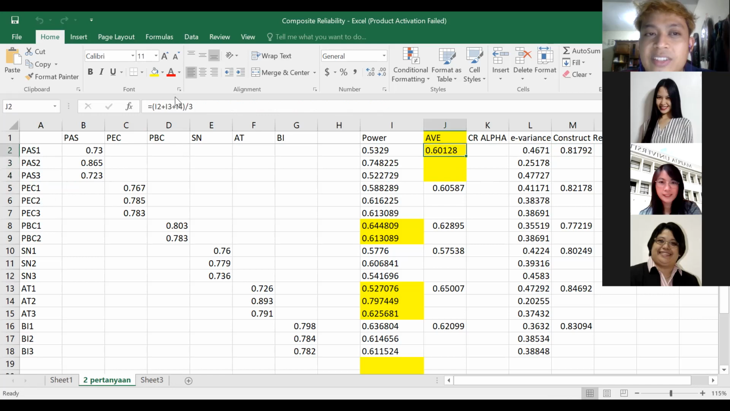For example, change this number. If you have more than 3, you change it. For example, you have 5, then later on you can add 5, and so on. I already have the format for everyone. And then later on, it's actually 1 minus this one, and then we get the composite reliability. Actually, the basic concept is from